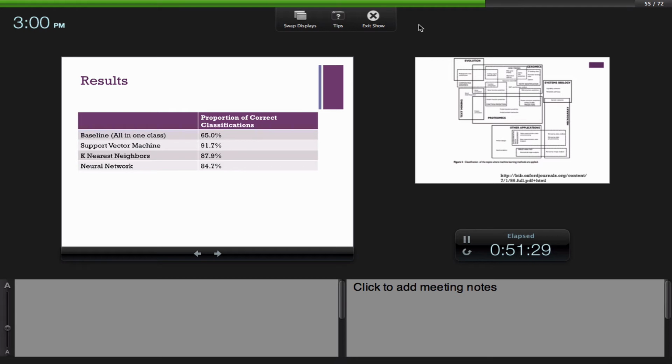And so what I can see here is that if I take the support vector machine, I take k-nearest neighbors, I take the neural network, and I build these machine learning models, I can get different performances. So I get 91.7% with the support vector machine, 87.9% with the k-nearest neighbors, and 84.7% with the neural network. So that's an example of using some machine learning technology, some different models on a classic